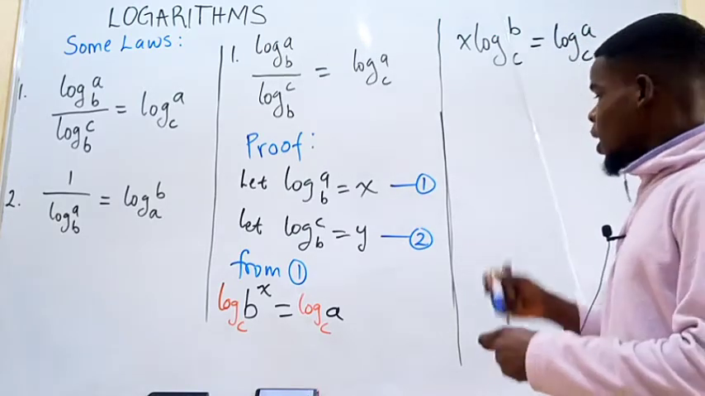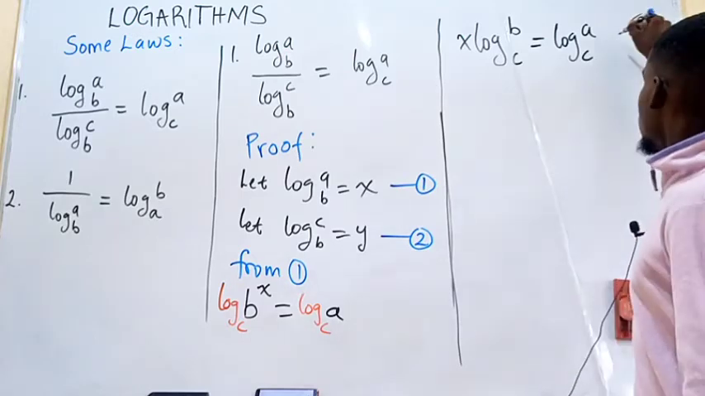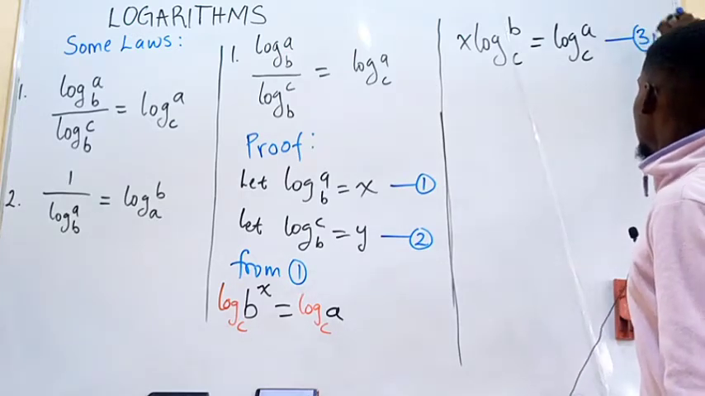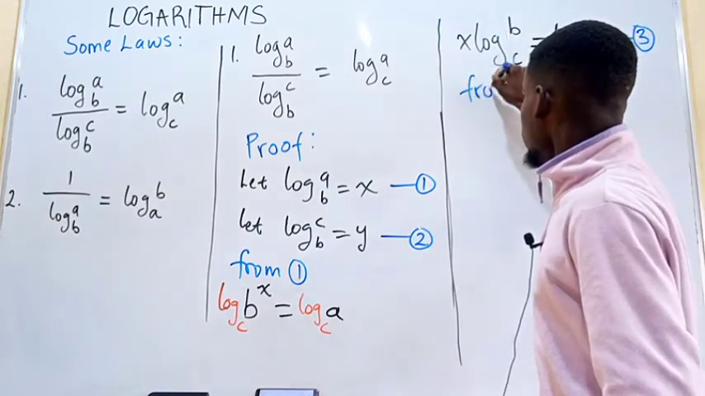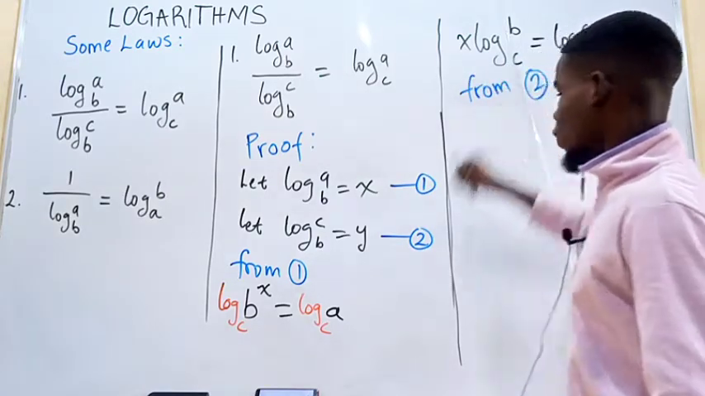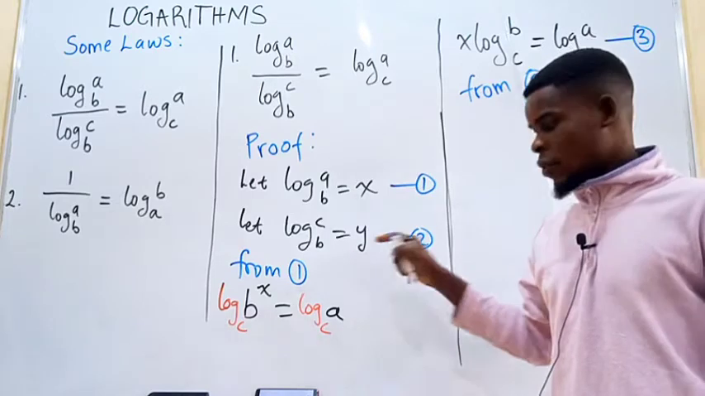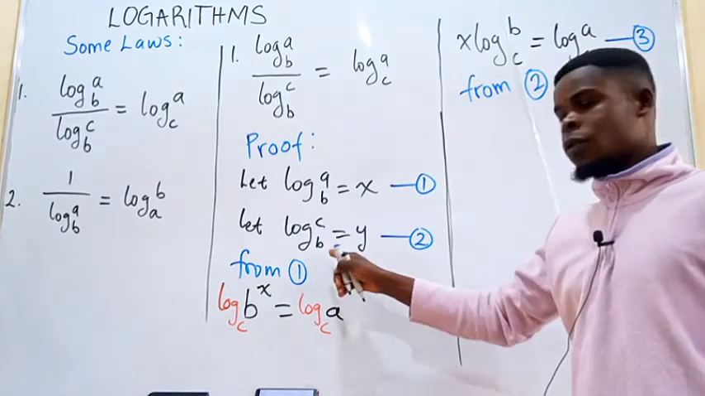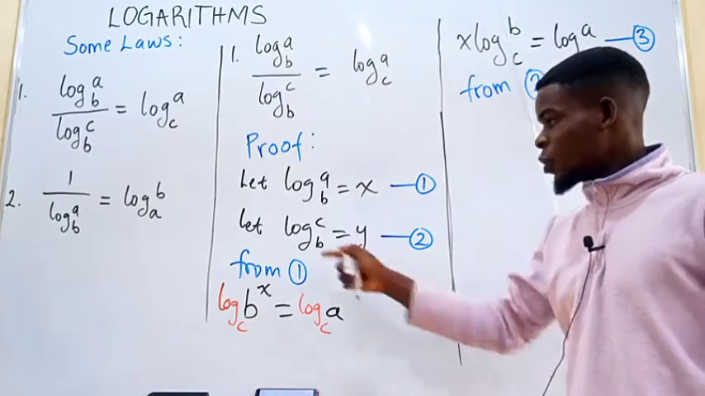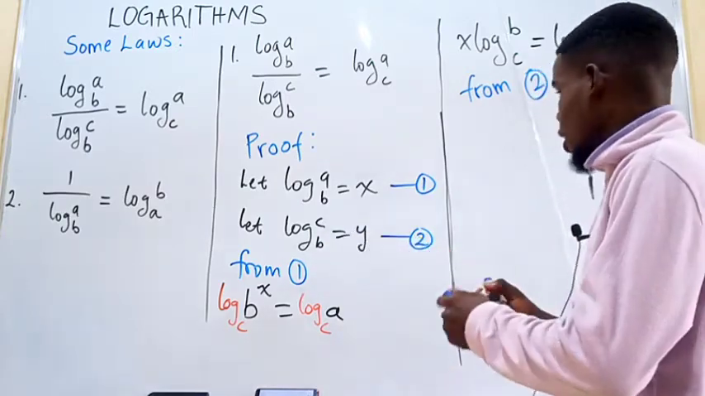Okay, maybe we just stop there and call this some equation. Let me put it down as 3. Alright, now from 2, we also see something nice, alright? That if I decide to take the logarithm of base c on both sides, we're going to be having, okay,